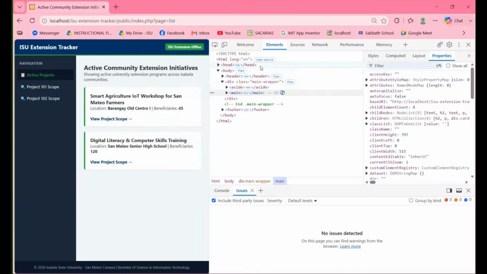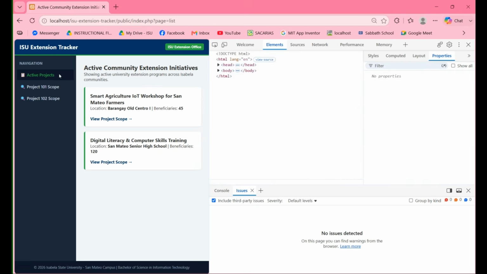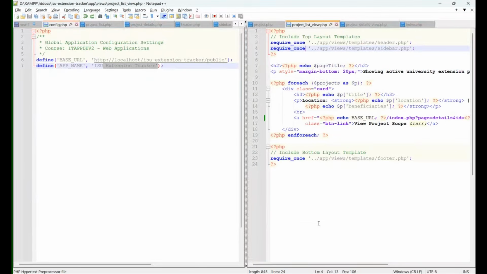Okay, let's check this one. It's in the settings head. This one, Active Community Extension Initiatives - ISU Extension Tracker. So meaning this one here, okay, we'll be exploring the sidebar.php later. This menu here redirects to this one,